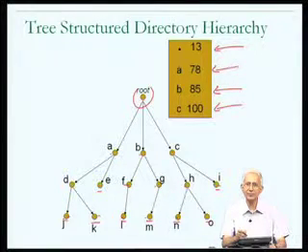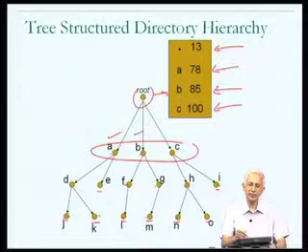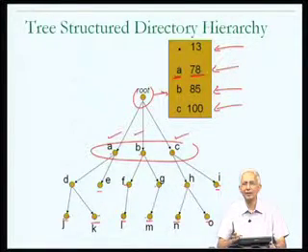So the file descriptors themselves may be stored somewhere else, and these are referring to the names and the numbers of the corresponding file descriptor. In this particular directory, there is an entry for each of the files or directories in the next level of the hierarchy. So there is an entry for A, an entry for B, and an entry for C. The corresponding entry contains the name of that file or directory, as well as information about where that file or directory is contained on the disk, in this case the number of the index node